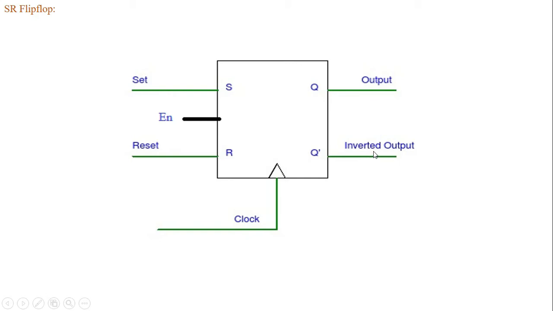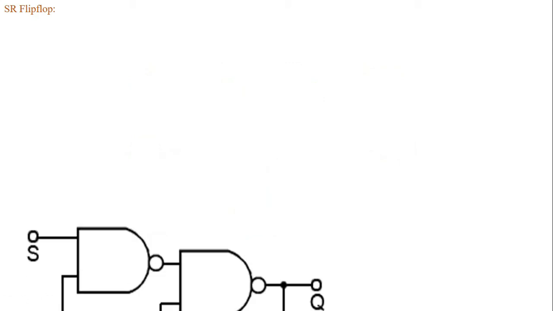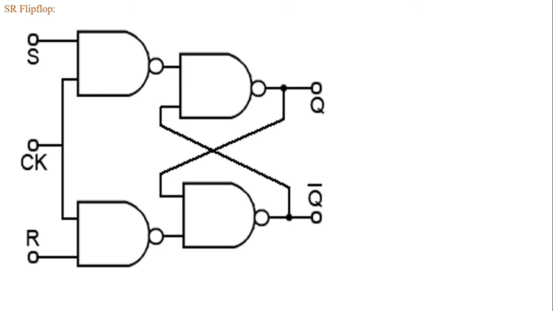Now we will see the circuit diagram for the SR flip-flop. Here I consider the NAND gate circuit for the SR flip-flop operation. We can obtain the circuit either by using basic gates or by using universal gates. Under universal gates, I consider using NAND gates. Now we will verify how this SR flip-flop works with respect to different input values.